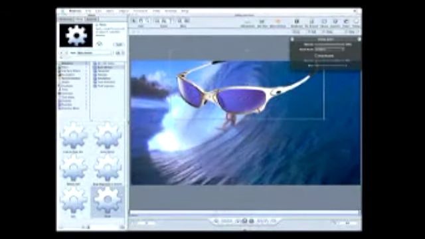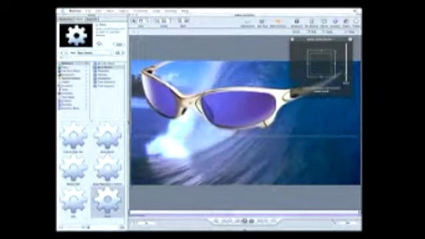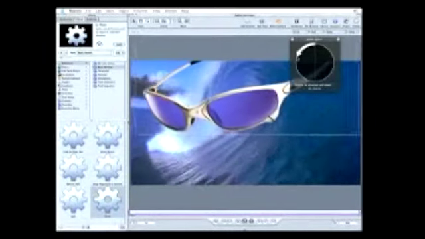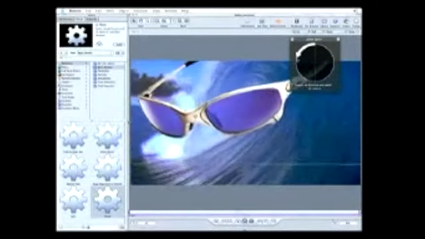Now I'll add a grow shrink onto it, and just grow that up a little bit over time. So you can see how the glasses are increasing in size. And then on top of that, I'll add a spin effect. So now we have the glasses growing and spinning. So a pretty good combination of effects here, but the obvious problem that we have is that we can no